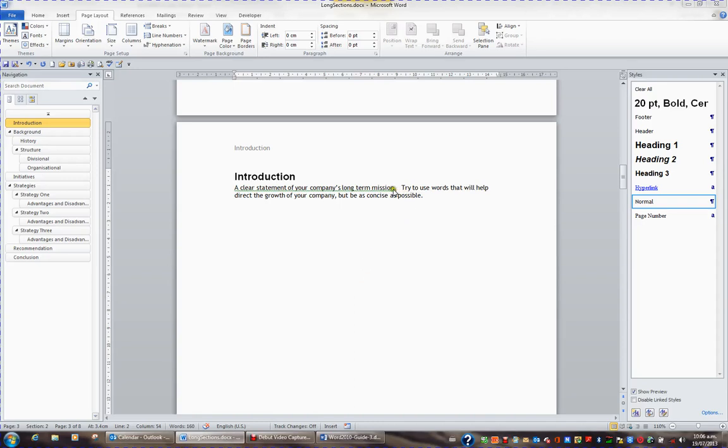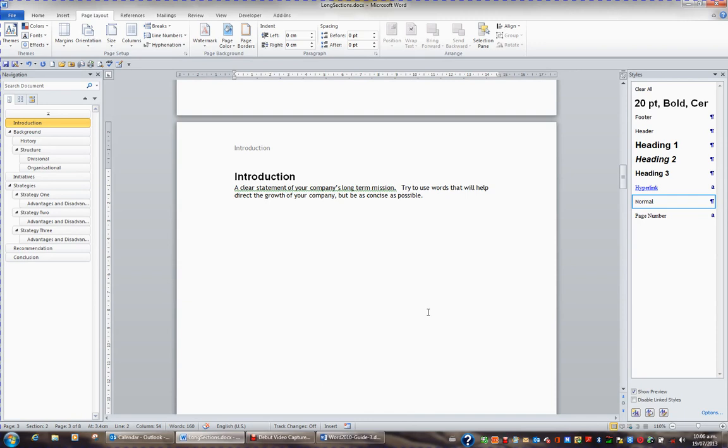Footnotes appear as a number in your document, and a note appears at the foot of the page. In endnotes, a number appears in your document and a note appears at the end of the document. So that's the primary difference between a footnote and an endnote. A footnote has a note at the foot of the page and an endnote has a note at the end